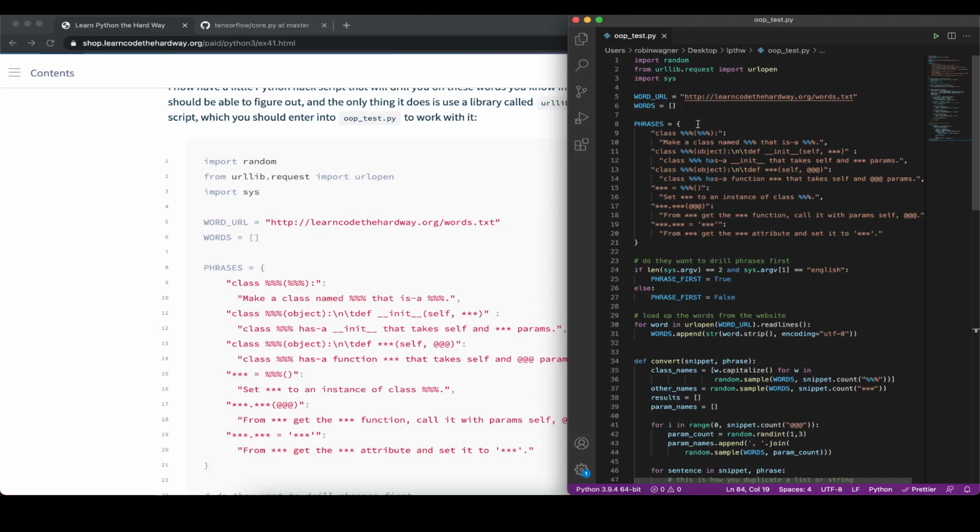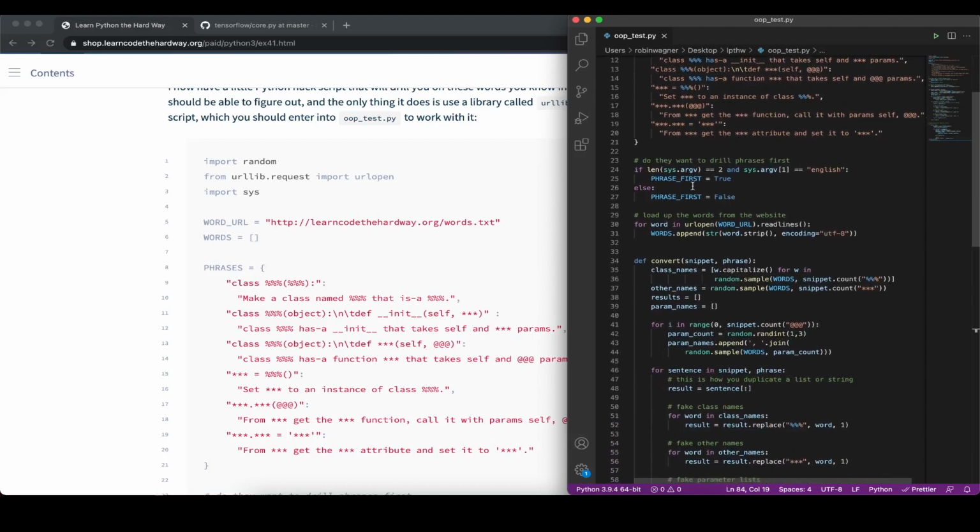Now we have a couple of phrases which we are going to use going forward to test ourselves. Here we have a dictionary, for example with a key like a class that inherits from another class, with some placeholders in it. That is our key, and the value is basically how we would pronounce it. So in this case, make a class named placeholder, and of course those placeholders will be replaced going forward. That is another placeholder. We can use those to test ourselves, and we have all the different phrases that we saw before in here, so we can use that in our code.